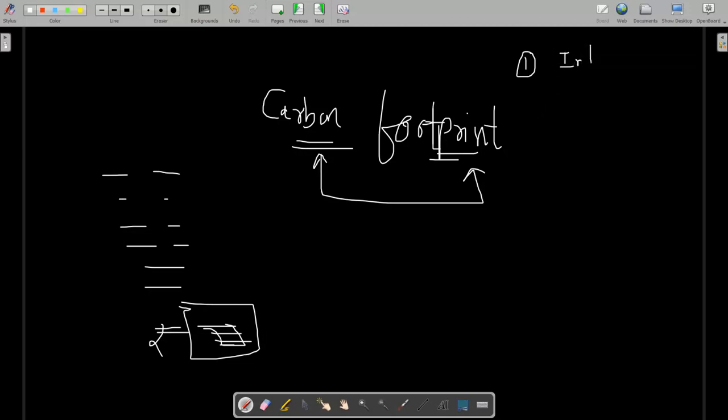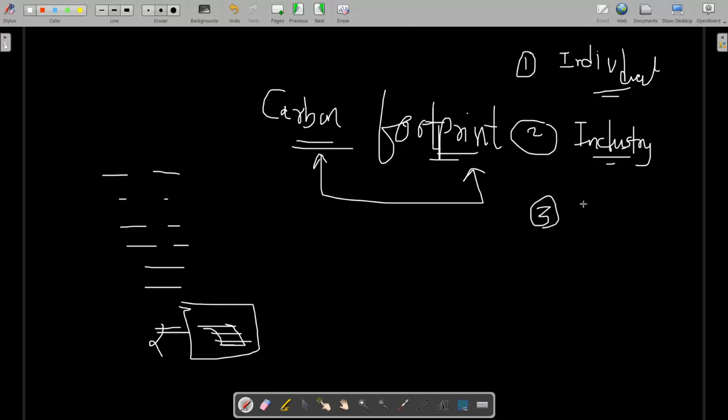level, at our home. Carbon footprint calculation for industries is a different thing, so covering it in one lecture is not sufficient. I will make another video. The third one is, after knowing how much I'm spoiling my environment, what measures can we take; we will see that in other lectures. So these are a three-part video, and this is the first part, at the individual level, on how we can check